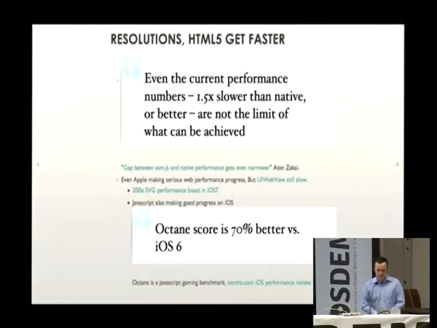And even Apple is making some serious progress on WebView, as long as it's in their Safari browser. We've seen increases between iOS 6 and iOS 7, a full 70% boost, in some benchmarks up to 4 times faster. I mean, this is for a gaming benchmark, Octane.js. They fixed the SVG rendering, so it got a 200x improvement, or basically works now.